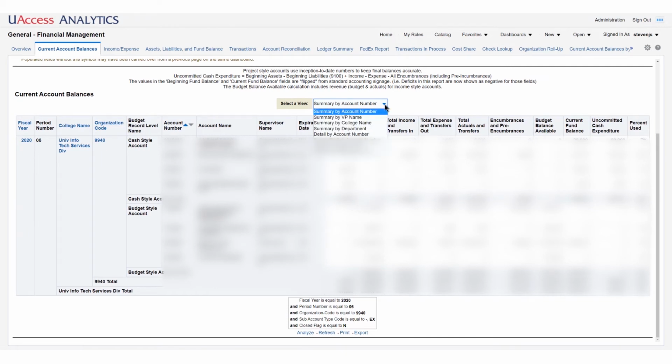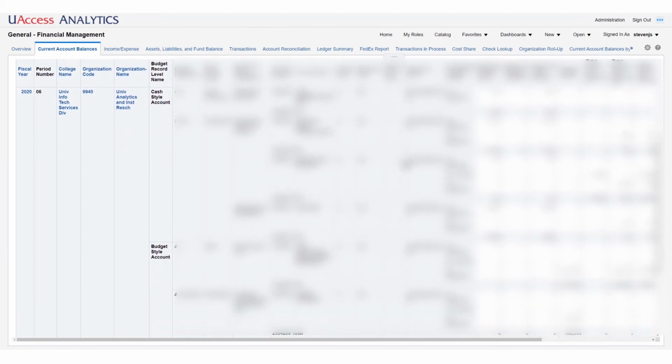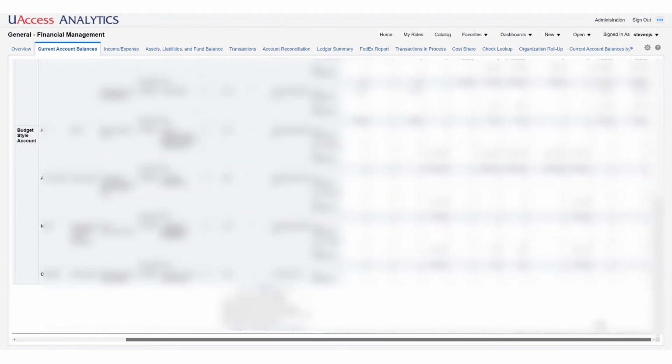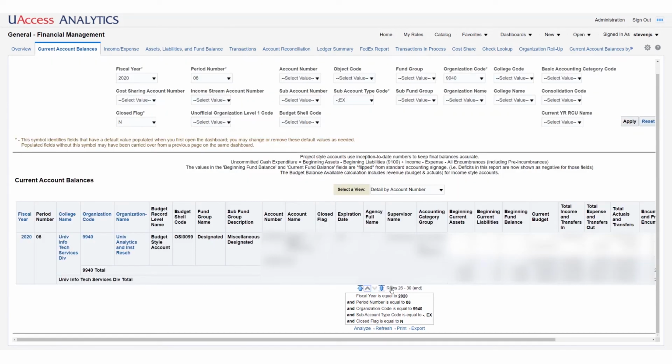There's also a corresponding detail view, detail by account number. And I can look at that and you'll see that the report is much different in size and scope. It's much longer, it's actually much wider, and there's more detailed information. In fact, I can also click on the little arrow here and either page through the report 25 rows at